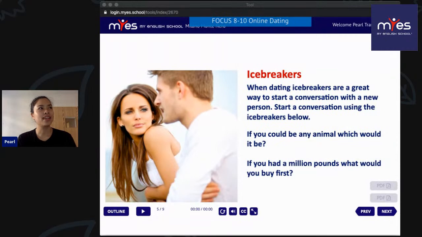If I could be any animal, which animal would I be? I want to say I would be a bird, but I'm scared of heights, so maybe that wouldn't be great. I think I would be a dolphin because with global warming and the sea level rising, I think it'd be great to live in the water. And dolphins are very smart and they stay with their family, and it looks like they have a really fun life. So I think I would be a dolphin.